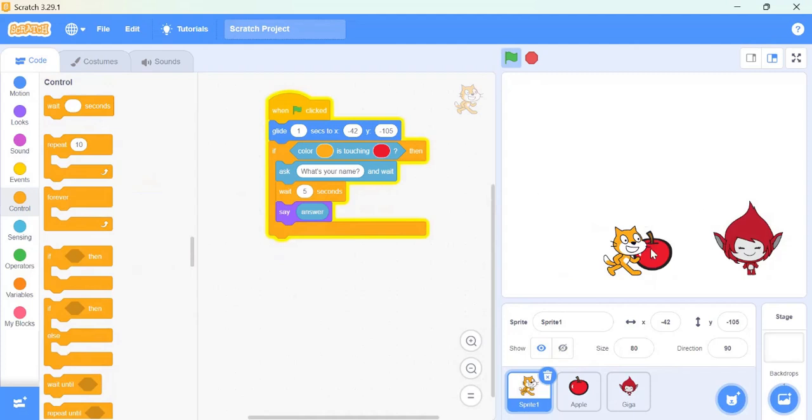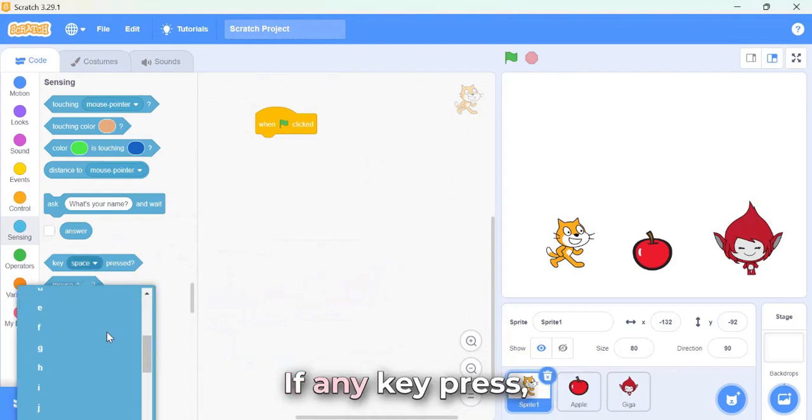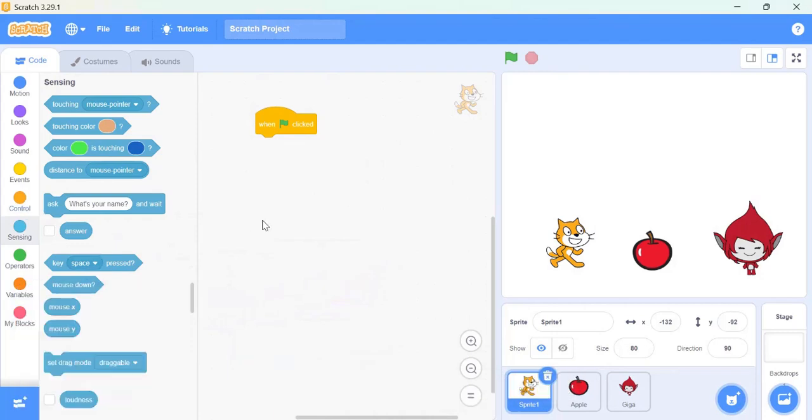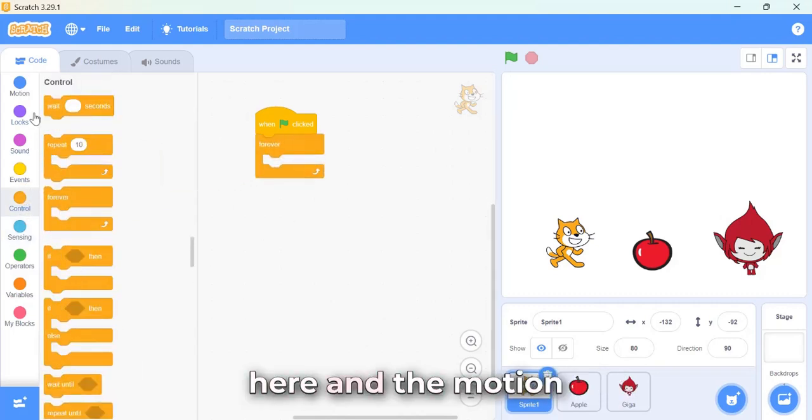One, two, three, four, five. Two. Right? So next is our key pressed. If any key is pressed, then what happens? We can write it accordingly. So let's put the forever block here, and